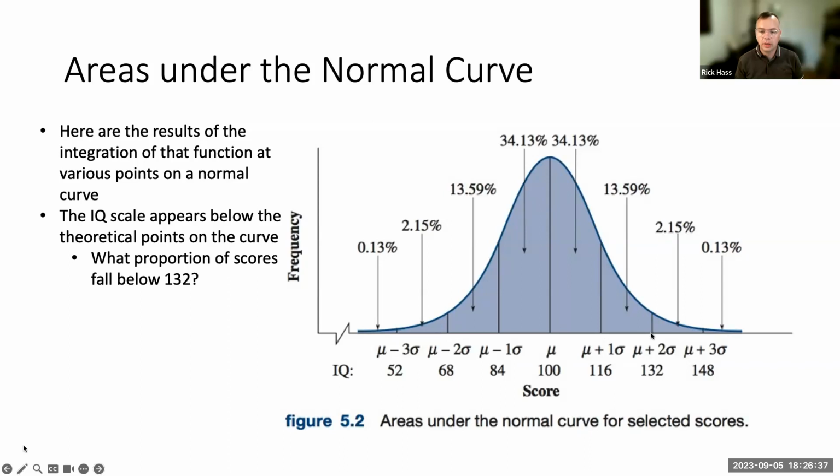So for example, in this case, what's the probability that somebody's IQ is 132 or less? Well, just like before, it works the same way as with discrete distributions. We add up the different areas, right? Now we could compute that whole thing, but here we can estimate it as 39.59 plus 34.13 plus 34.13 all the way down. Okay? And it turns out to be fairly close to 97, about 97-ish,